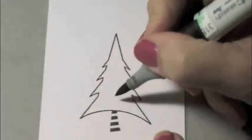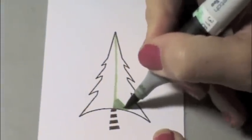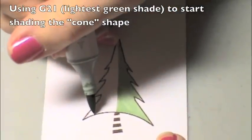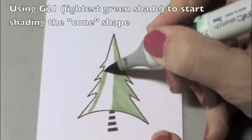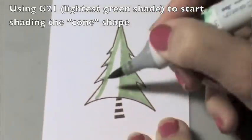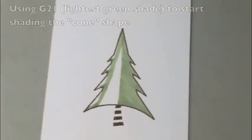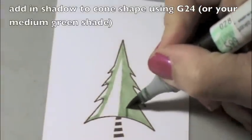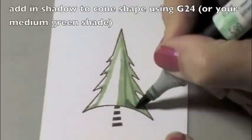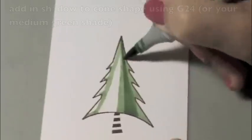Okay, last image. We're using a tree that is pretty flat, so we're going to cut the tree in half with our color and go ahead and just fill that in. Now I'm going to take my medium color then to add this extra dimension. Now I know when we colored the cones, I used my darkest color. I'm going to use my darkest color here in a minute to do a little bit more definition underneath the branches. So just fill this in then with